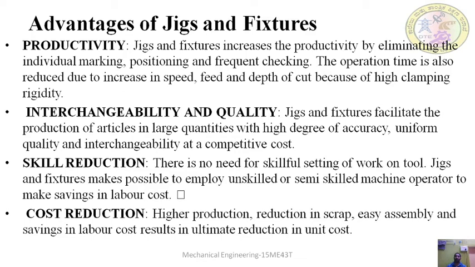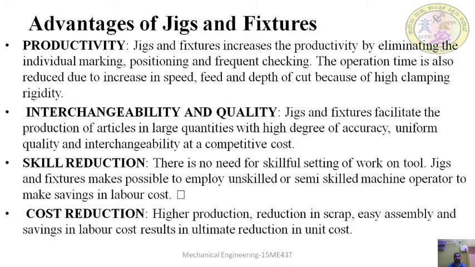Productivity. In machining operations, a lot of time is required for setting up the job, by centering it and setting it accurately using a dial gauge or any other measuring instrument, which requires more time if you do it manually. But if you are fixing the workpiece with the help of jigs and fixtures, there is no need of centering or setting our job, so it reduces the setting time, so that will increase the